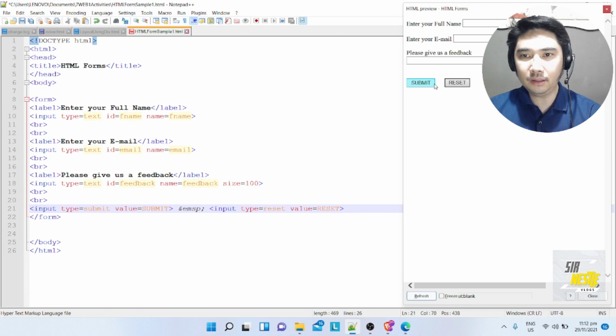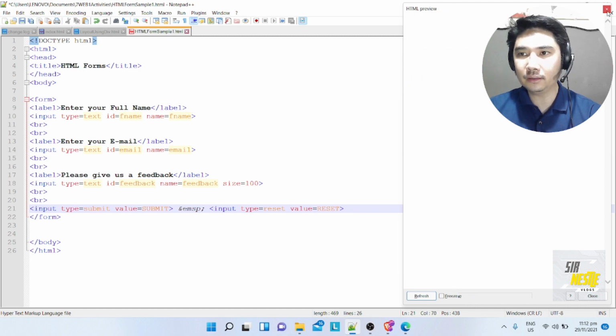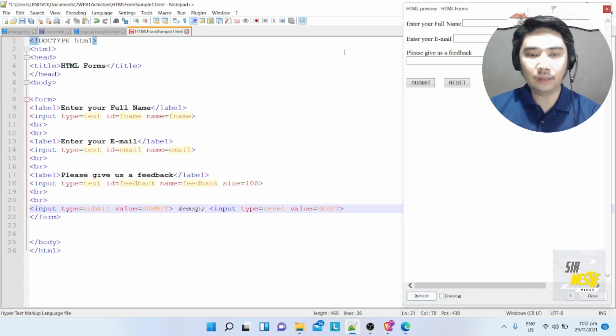Now, for the submit, hindi yan gagana. Okay? So, wala pang mangyayaring execution dyan. There are various ways to make it execute and process something. So, for example, kapag meron ka ng database sa SQL, and then you know how to use PHP, you can process the submission form. So, for now, since wala pa tayong PHP and wala rin tayong JavaScript pa, ang gagawin na lang natin na